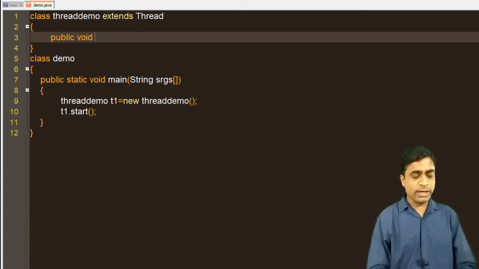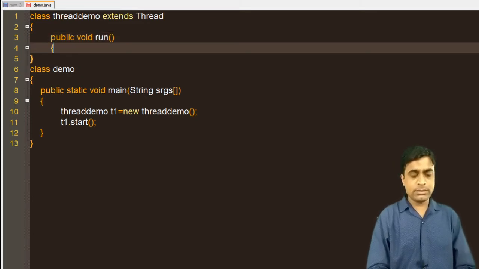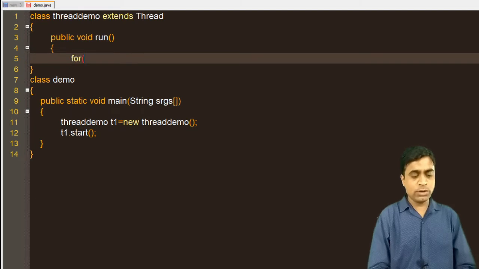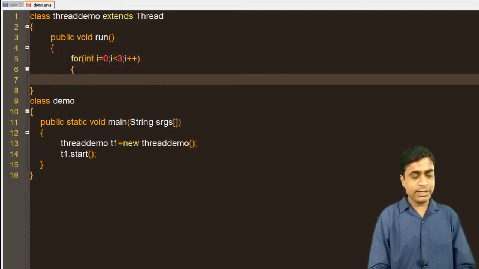So public void run, then I am using a for loop, int i equals 0, i less than 3, i plus plus, and for printing the message, System.out.println, I am printing just the value i.